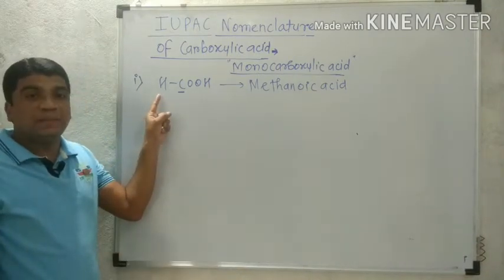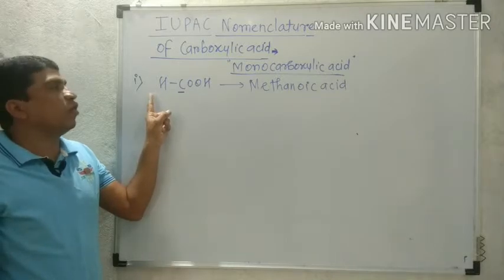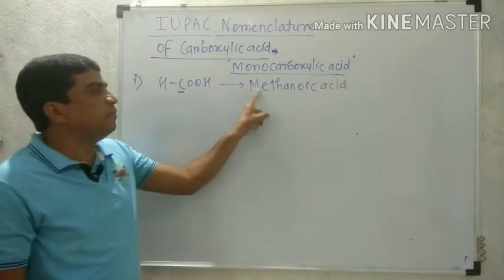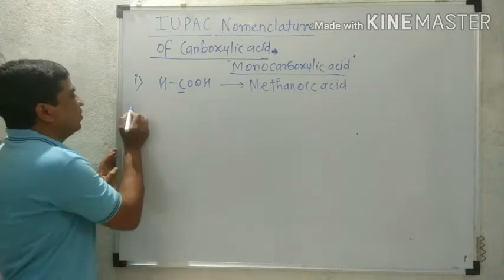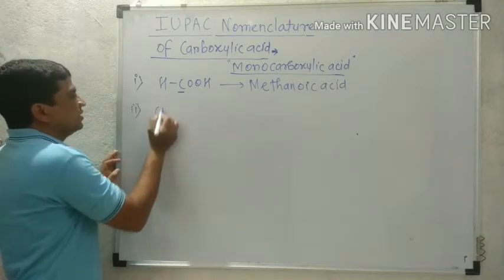COOH, in common name, formic acid. For formic acid, the IUPAC name is methanoic acid. Now, after that, the second structure is